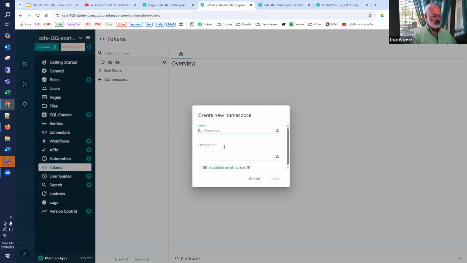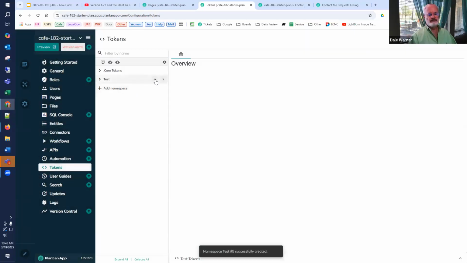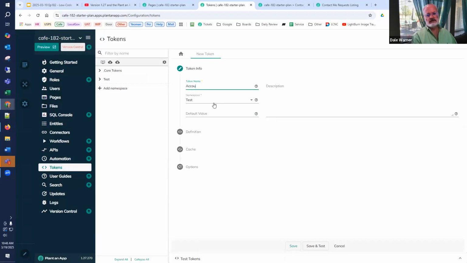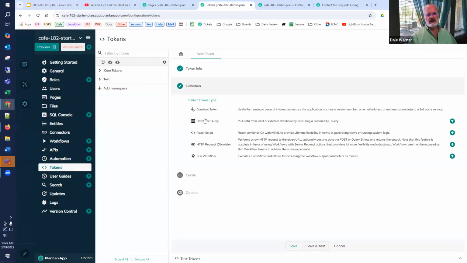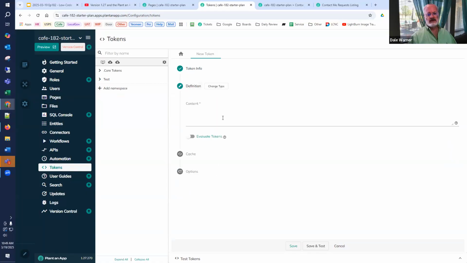If you were to look at tokens, and I'm just going to create a test token here, and create one called count, and maybe it has the ability to create a constant token. For those of you who have used my tokens before, some of the other varieties like database query or Razor script or running a workflow, that's a new functionality you wouldn't have seen before. But because you can run a workflow through a token, lots and lots of power here. But the only one that comes with the starter plan is the constant token, and so